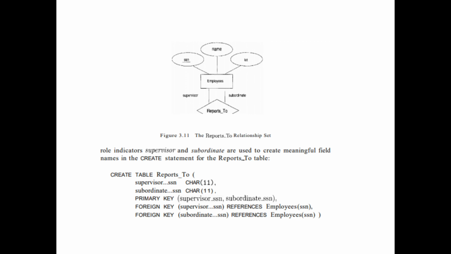How do we retrieve the supervisor information and subordinate information? We will retrieve that information from the employees table only. We have only that option. That's why we will relate these two pieces of information to the employees table. So we indicate the foreign key of supervisor SSN referencing the employees table, and the subordinate SSN is also related to the employee SSN. Okay, I hope all of you understand how to convert the entity relationship model into the relational model. Thank you for watching. Thank you.